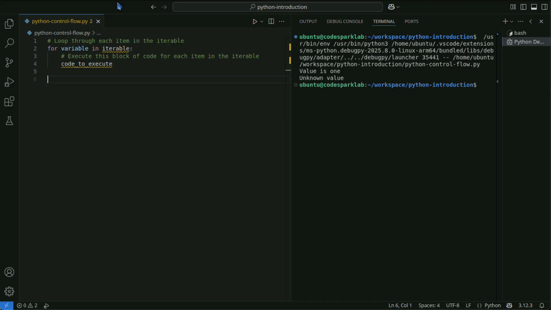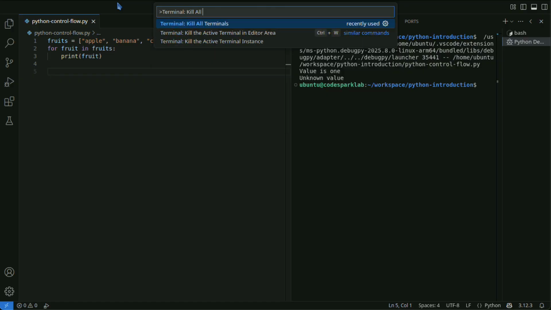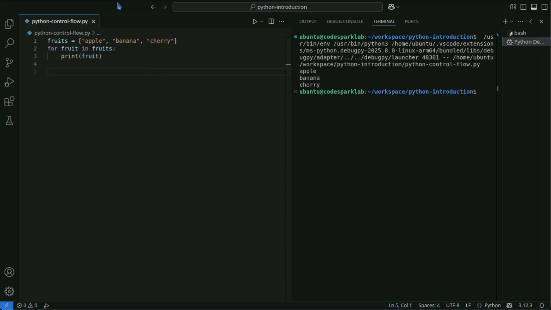Here are some specific examples. This code calls the print function for each element in the list fruits, outputting the name of each fruit.